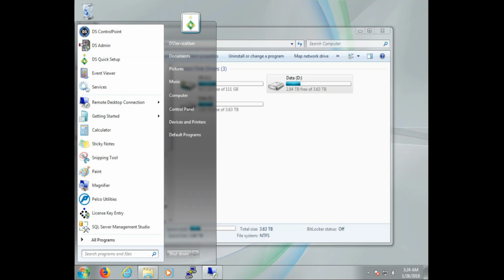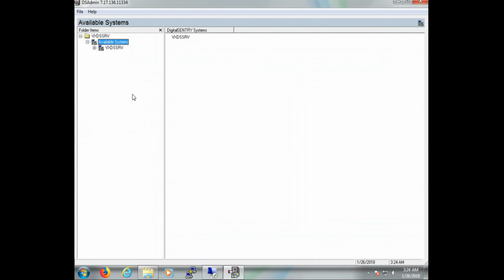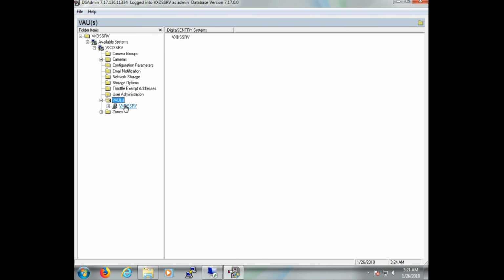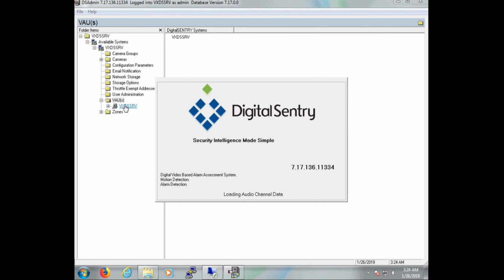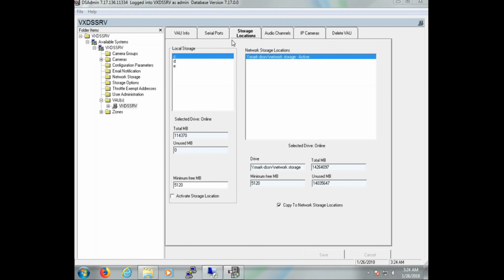Now our next step, we're going to take a look in DS Admin to see where our local storage and our network storage is configured. We're going to log in. We're going to expand our list here. We're going to go to VAU, expand that list, and then we're going to click on our computer name. Now once this loads, we'll click on the Storage Locations tab, and you will see here all of our local